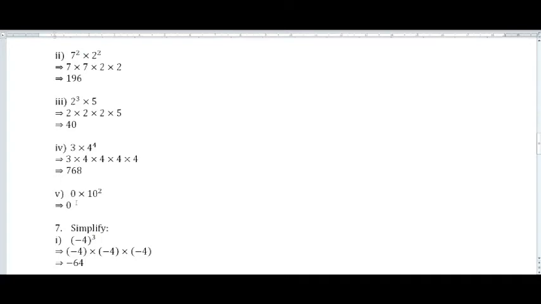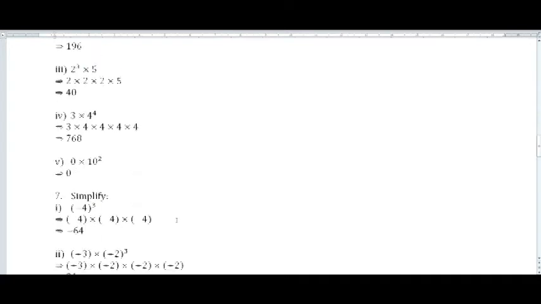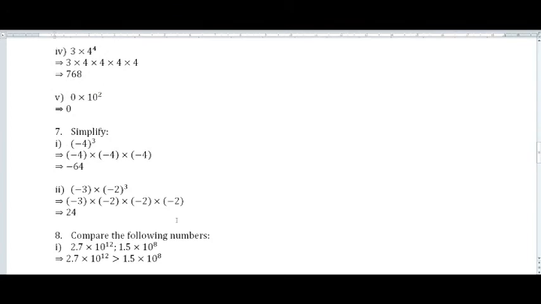Okay, let's go to question number 7. This is going to be very, very important. Why do I say it is so important? Because we are going to see the actual value of negative numbers or positive numbers. So if any number has a negative sign, a minus sign, and